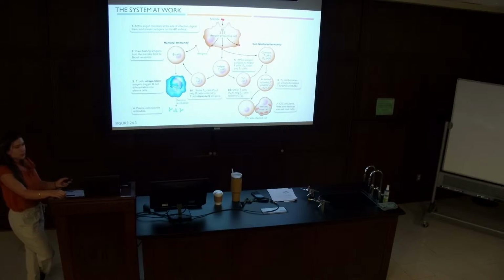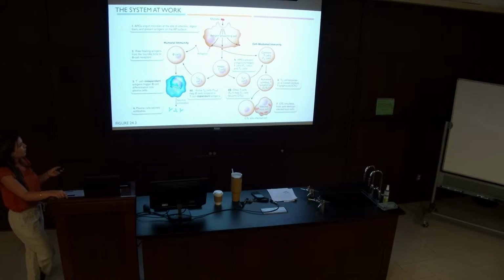It would be MHC class 2, so it'd be CD4. So CD4, and then this is another T cell that it's helping out. It's another helper T cell, but this is a T cell dependent antigen because it's depending on the T cell to take it to the B cell so that the B cell can then differentiate into plasma cells and secrete